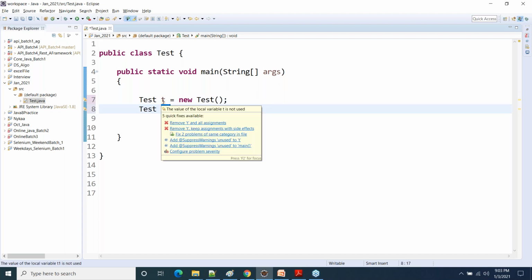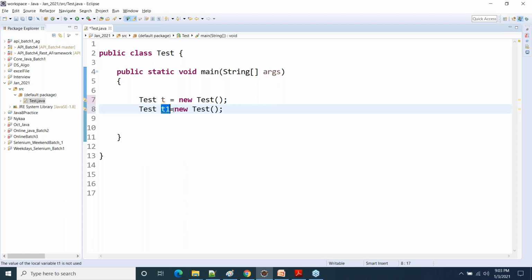These are just variable names, variables, which are holding the address of the object that you are creating in the right hand side. Is that clear? Now, when we are saying new Test parenthesis, this is not the name of the object. It means that I am going to create a new object for a Test class. In line number 8, again, I'm saying that I'm going to create a new object for the Test class. So I'm just creating two new objects for the Test class. That's it. But objects do not have names. Is that clear?